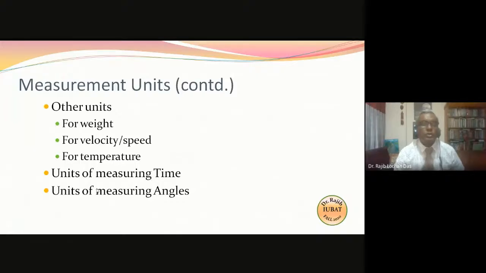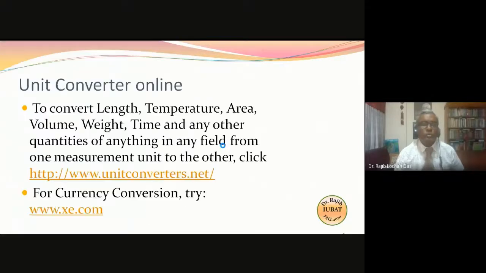Okay. So another thing is measuring angles. What are angles? Angles means 20 degrees, 30 degrees, 90 degree angle. That is the angle. Two lines will be crossing each other and an angle will be made. So triangle and rectangle, they have angles, right? So we will talk about that.